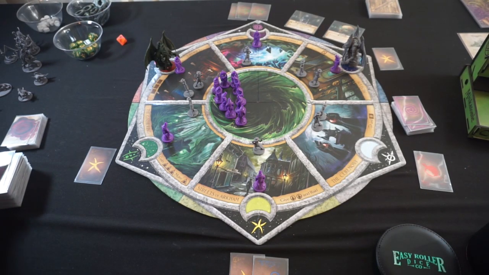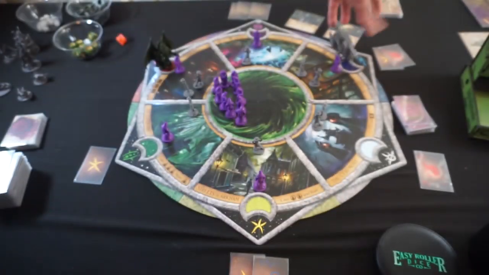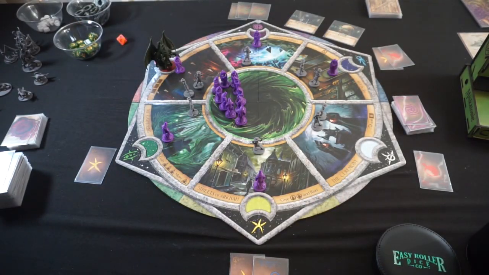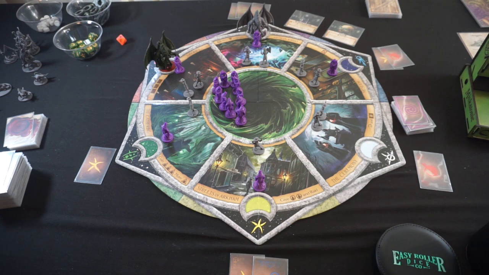The investigators at the museum will then discard a red, trying to move to the library, but they can't get there, so they'll move to the other world instead, which will place an investigator there and give Yog-Sothoth his first curse, which is trouble unless he can get rid of it. Yog-Sothoth, what's he doing for movement? He will discard...